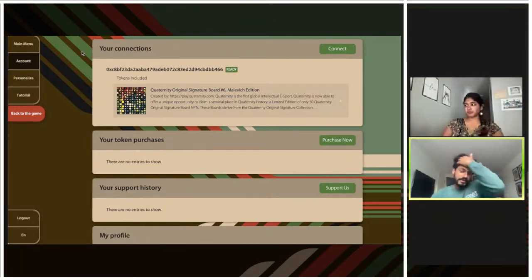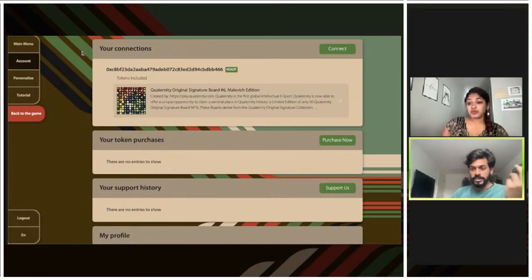The idea behind these boards is that they're meant to be collectibles. They're meant to hold value as the game becomes more popular. Acquiring these should have prestige associated with it, and we expect that in time you will be able to redeem that value by trading it. That's why it's a token and an NFT.